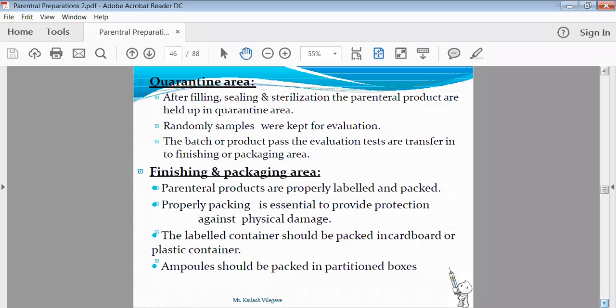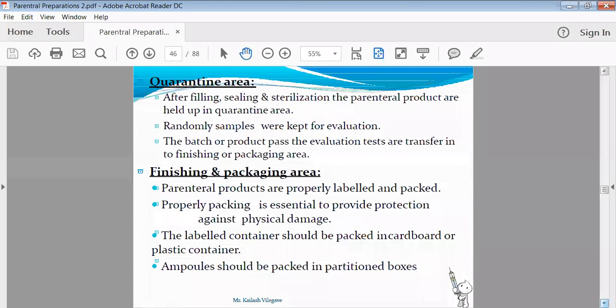So this is called the quarantine area. The next area is called the finishing and packaging area. After the good results of the evaluation test, we can go for the final packaging. In the final packaging, we have to take the product from the quarantine area and we have to